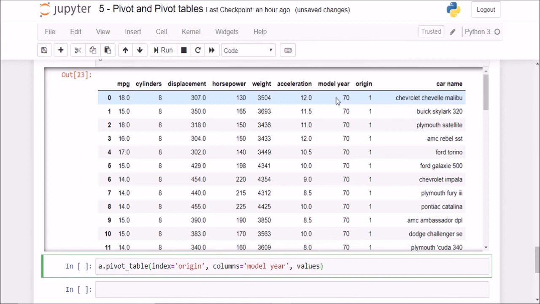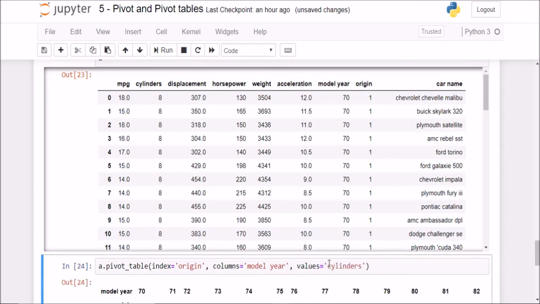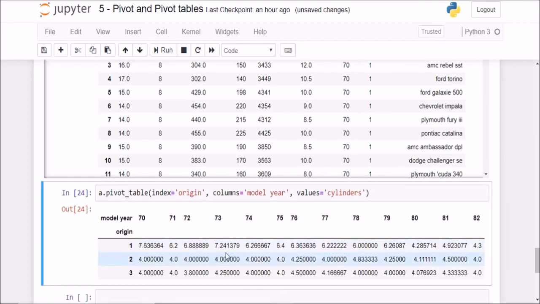For values, if I want, for example, the number of cylinders, so I'll say cylinders, and the aggregation function is by default mean. So you can see here for each of those model years in this data frame, 70, 71 until 82, and for each of those origins I now have this small data frame. So I can easily say that if the origin is 3 and the year is 78, I have the mean cylinder as 4.